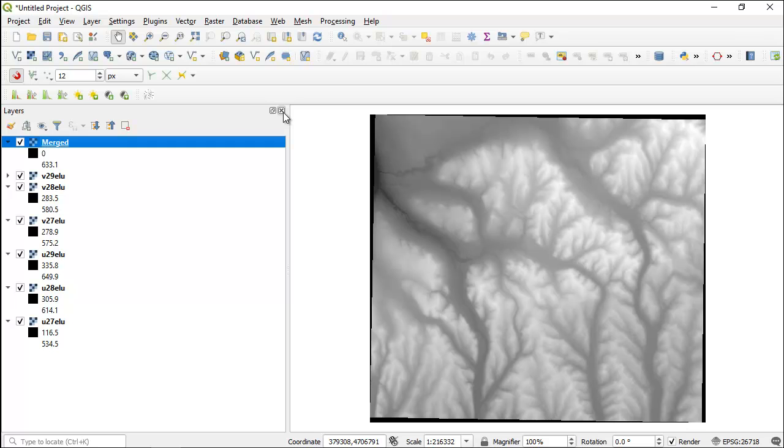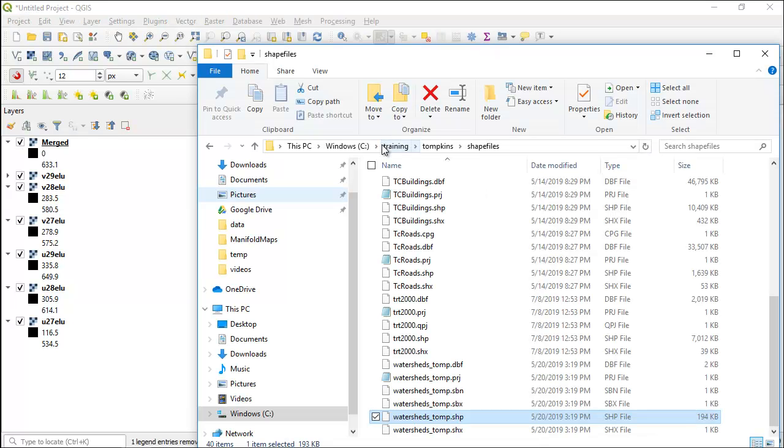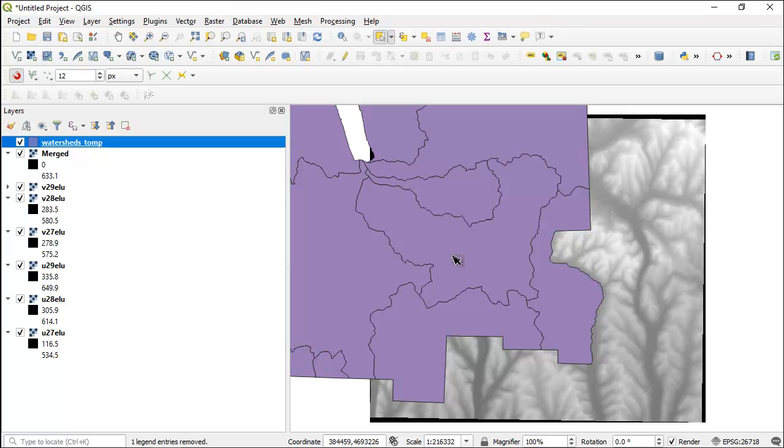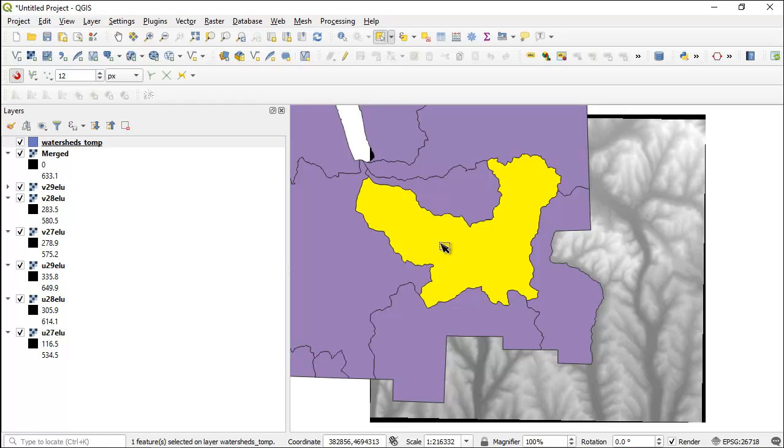Let me go in and we'll grab another layer. So here I'm in the Training Tompkins and shape files. Let's grab the watersheds. We were looking at them earlier. And here you can see the different watersheds. Why don't we go in here and select 6 Mile Creek. So here's 6 Mile Creek watershed, and what I want to do is extract out the raster information for 6